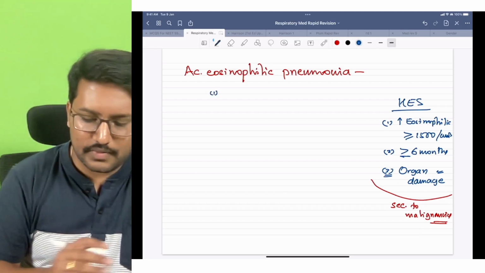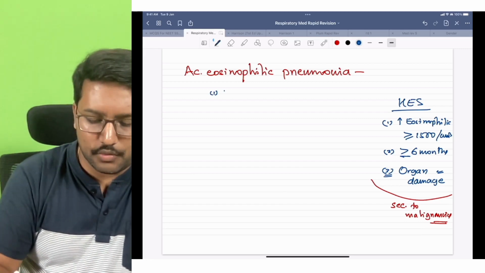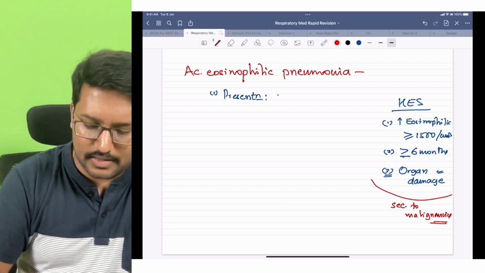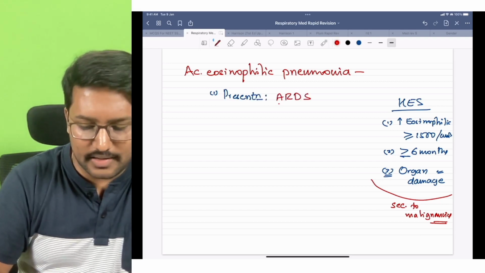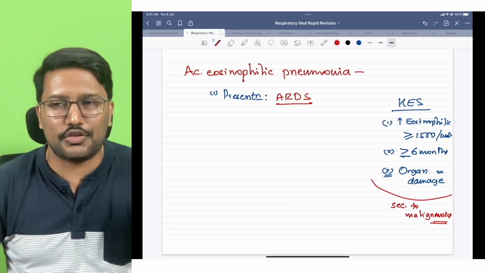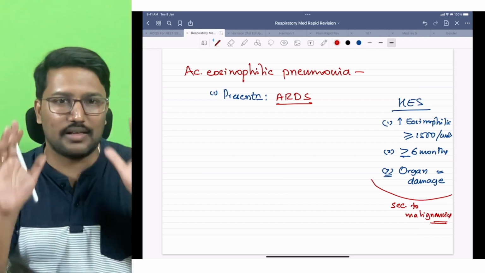Now, how is acute eosinophilic pneumonia different from chronic eosinophilic pneumonia? Acute eosinophilic pneumonia usually presents in the form of ARDS, an unexplained ARDS. These patients are brought in with shortness of breath, hypoxia, and respiratory distress. When you look at the X-ray, it is a classical ARDS picture,